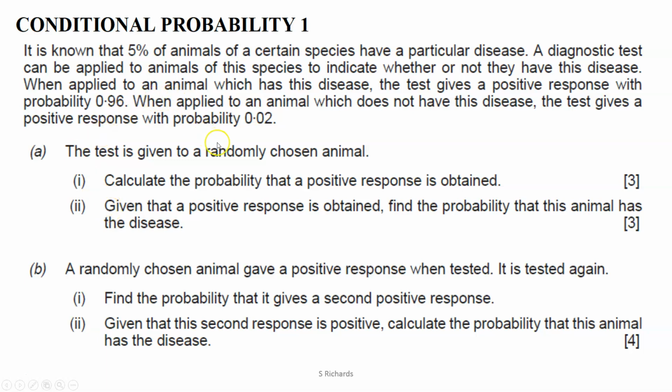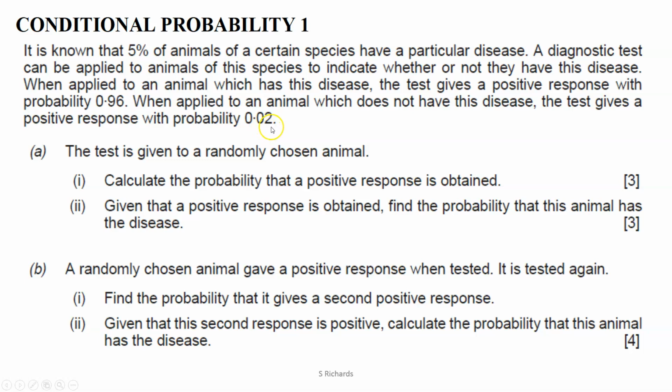It is known that 5% of animals of a certain species have a particular disease. A diagnostic test can be applied to the animals of this species to indicate whether or not they have the disease. When applied to an animal which has the disease, the test gives a positive result with a probability 0.96. When applied to an animal which does not have the disease, the test gives a positive response with a probability